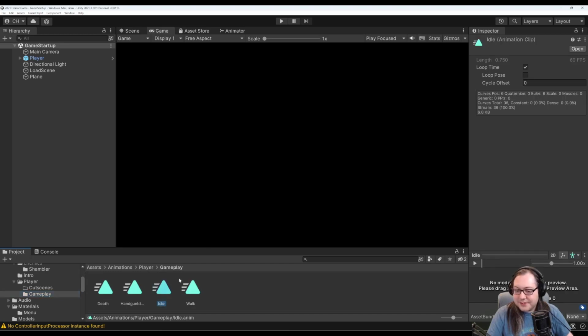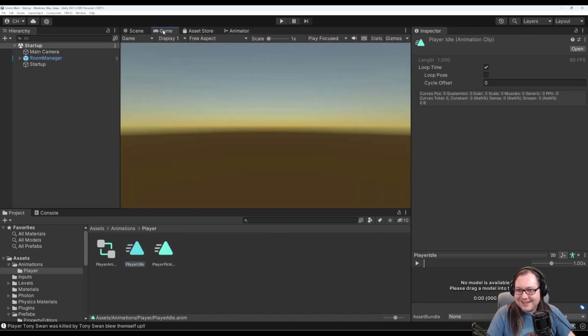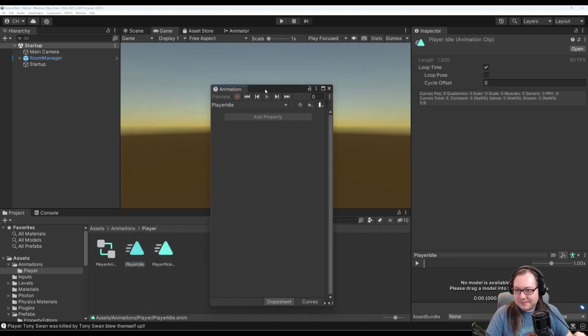Idle animation. Yes, it loops. I guess some of these I don't want to loop. Oh no, pickup I don't want to loop, actually. So yeah, pickup, do not loop. As stupid as it is, that's all I need to do on this screen. I need to set these eventually, but...